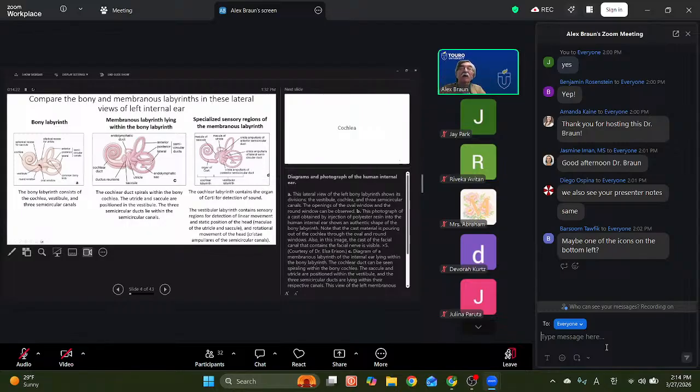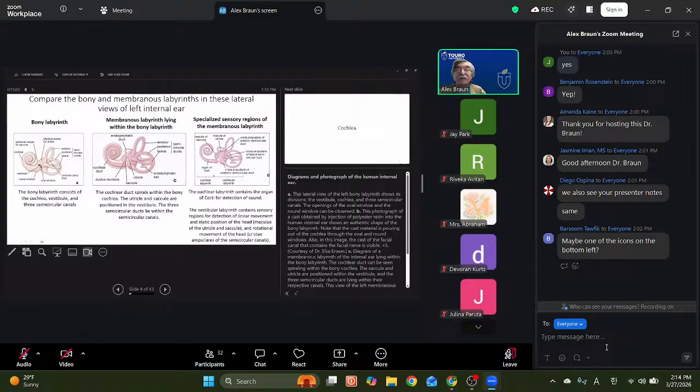So those are the two parts of the membranous labyrinth within the bony part of the vestibule. It so happens that the semicircular ducts both arise and terminate in the utricle. So here's the utricle, and you see the semicircular ducts arising and terminating in the utricle. In actuality, all of these structures of the membranous labyrinth are interconnected. So if there was a problem in one part of the membranous labyrinth, it may affect other parts of the